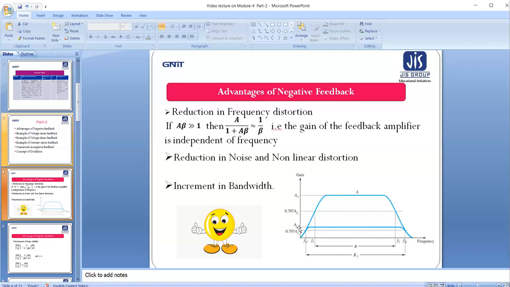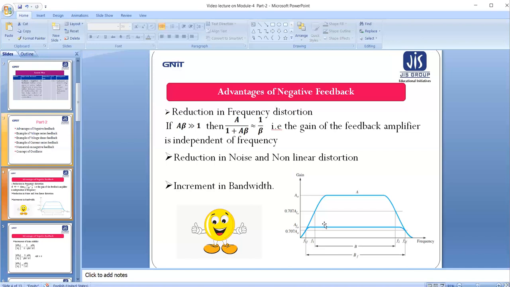But what happens? There is a factor called the gain bandwidth product. The gain bandwidth product is a very important parameter to design an amplifier. When the amplifier circuit is somehow changed, the gain bandwidth product must be constant for the entire operation. So when the gain bandwidth product is constant and gain is reduced by negative feedback, the bandwidth must be increased to maintain the gain bandwidth product constant.